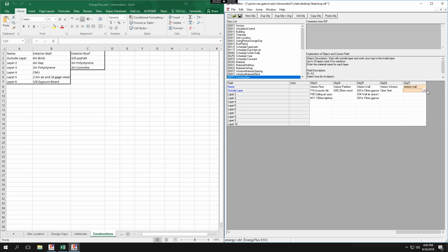And you don't need to input air resistance values. EnergyPlus automatically calculates that for you. Obviously, I didn't input all of these, but this is just from the drop down. I would highly recommend using the drop down because if you make a typing error and type in the wrong value,